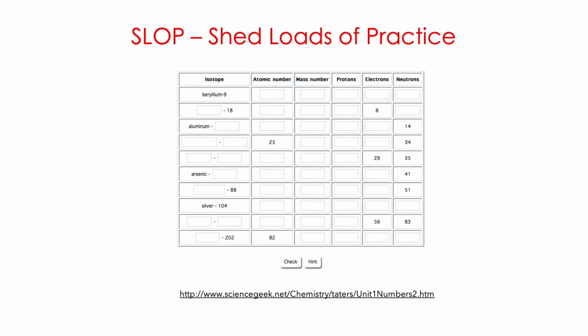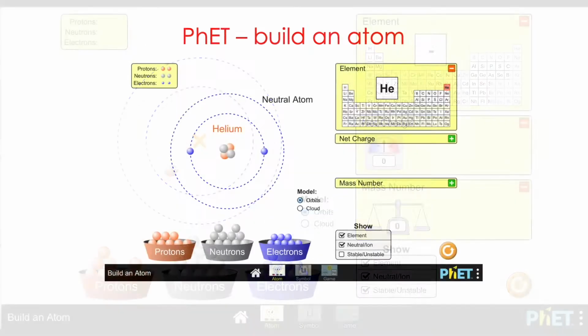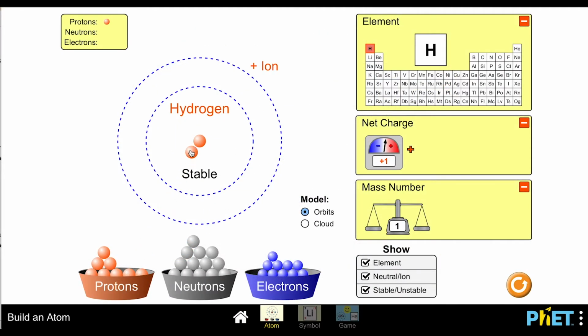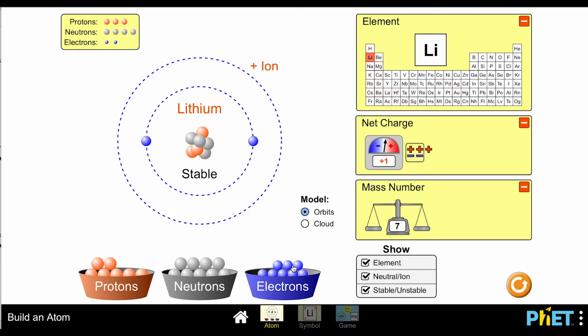Lots of practice on this is really worth an investment at this stage, and here's a website where your students can do just that. And this simulation from the wonderful PhET website is also brilliant. Here I'm building a lithium atom, and you can see that it starts off unstable until I add the requisite number of neutrons and then the electrons to stop it being an ion and to turn it into a stable